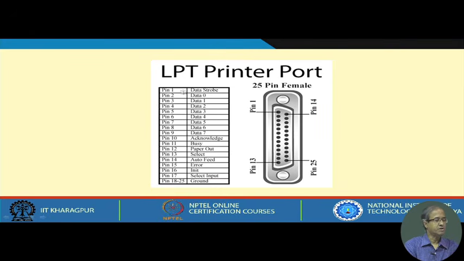So, the printer port actually looks like this, you see 25 pin, you see pin number 1 is the strobe, then there are 8 lines, then there is an acknowledgement, there is a busy, and there are some other pins which are very printer specific, like there is one pin that indicates paper out. If the printer is out of paper, this pin will be active. Then auto feed, if auto feed is active, this pin is active. If there is some error in the printer, this pin is active, and there is some ground.